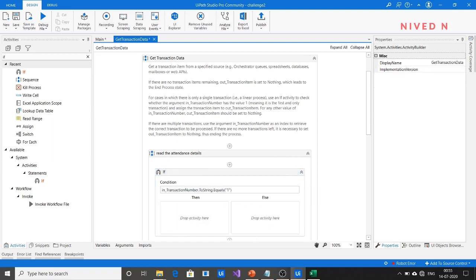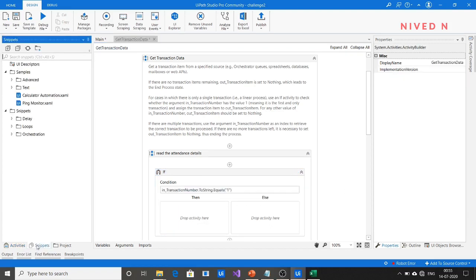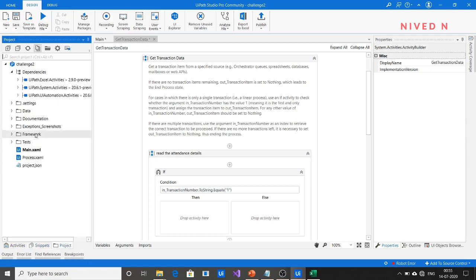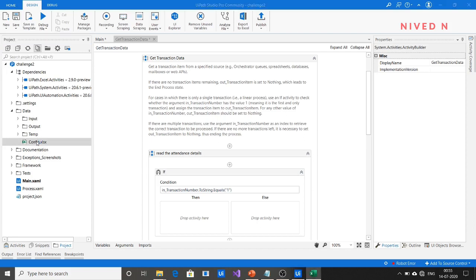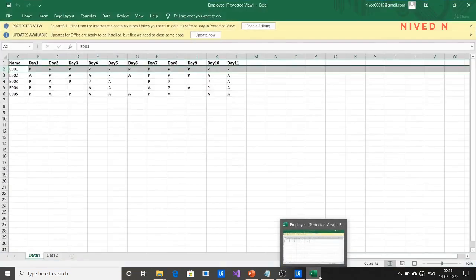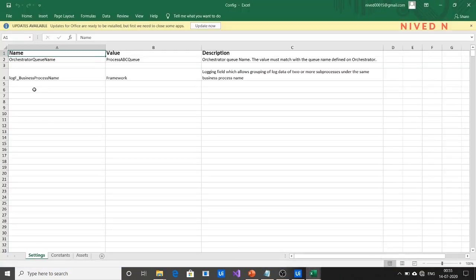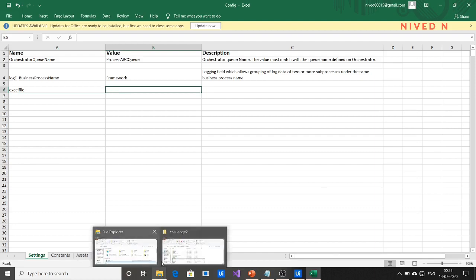Before that, you have to specify the Excel path. You can specify the file path in the config file itself. It's a good practice to specify the Excel file path in the config file. You can give a name for the Excel file. What is the Excel file name?